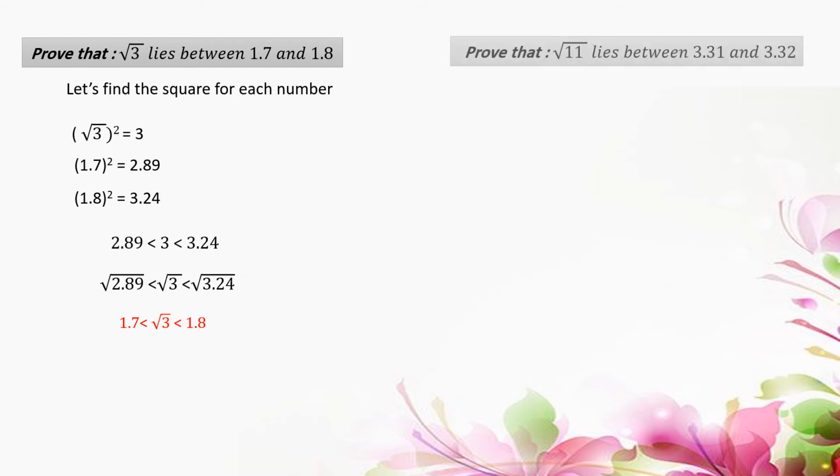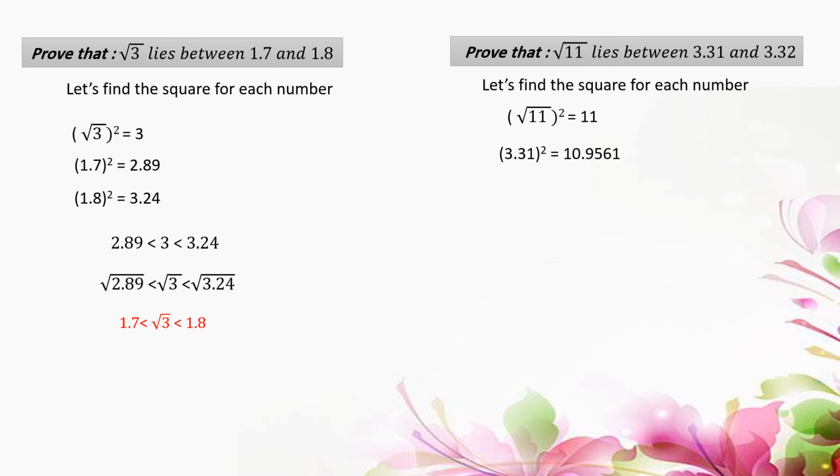Next question. Prove that root 11 lies between 3.31 and 3.32. The first step, let's get the square for these numbers. Root 11 power 2 equals 11. 3.31 power 2 equals 10.9561. 3.32 power 2 equals 11.0224. Then you can notice that